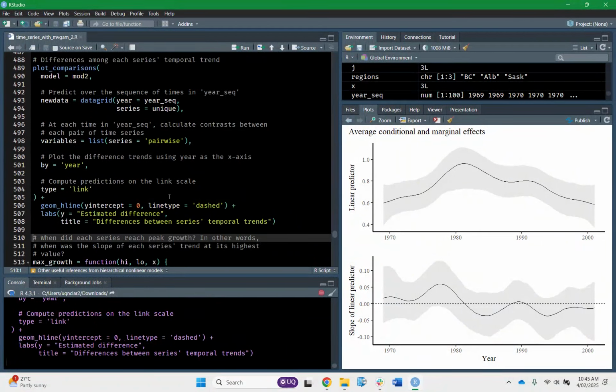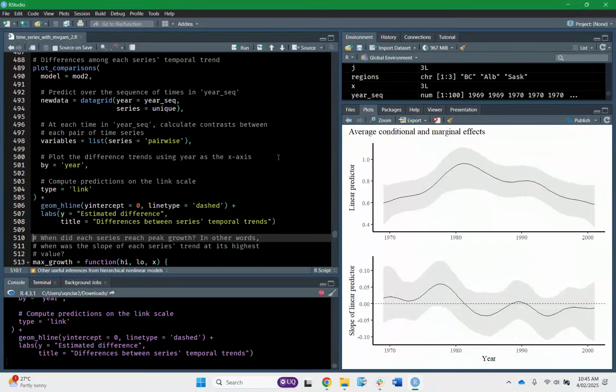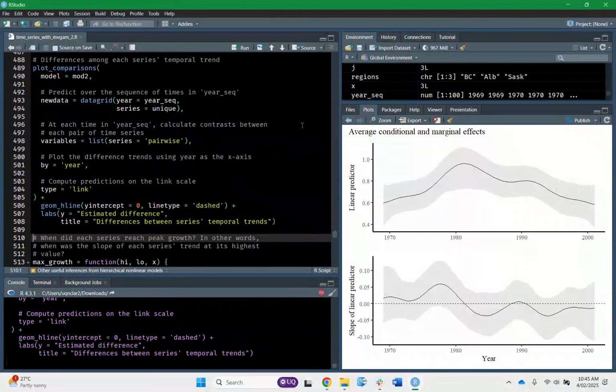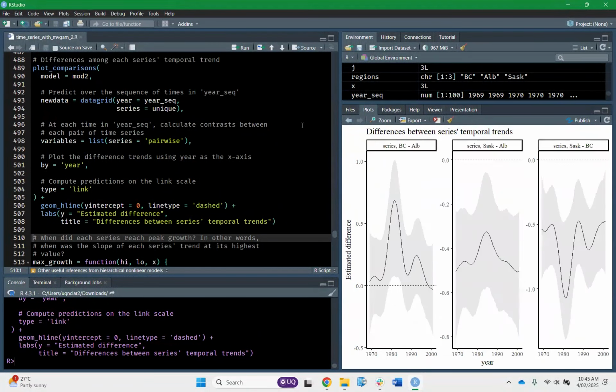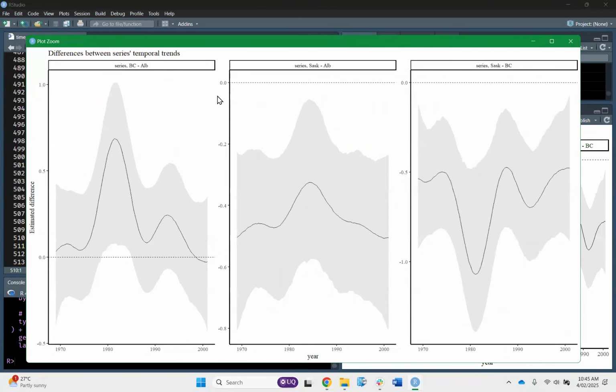And that's very valuable if you want to calculate something called difference smooths, if we're talking with GAMs. But that's kind of the same thing with GPs: what's the difference among each of those trends at each of those time points, again, with appropriate uncertainty estimates, which we'll get for free from marginal effects. And because I said to do a pairwise comparison for each of those variables, we get every possible pairwise